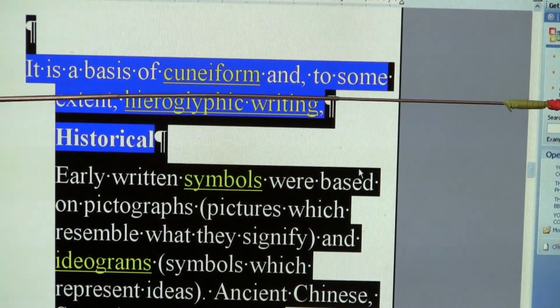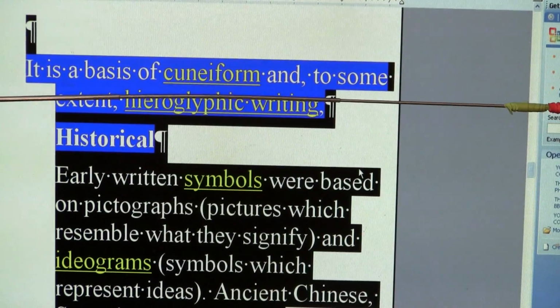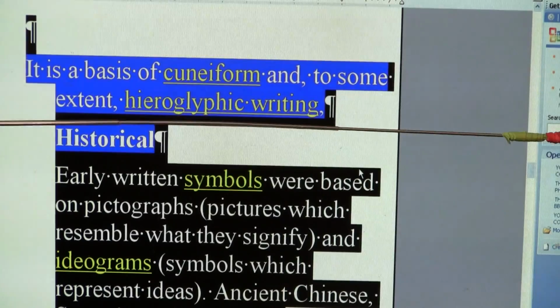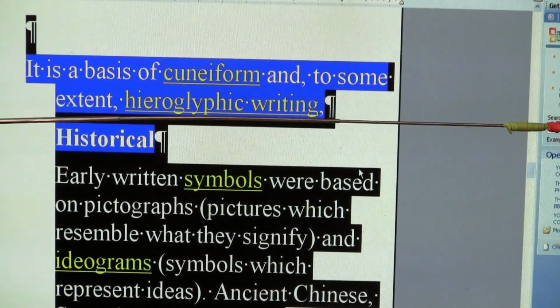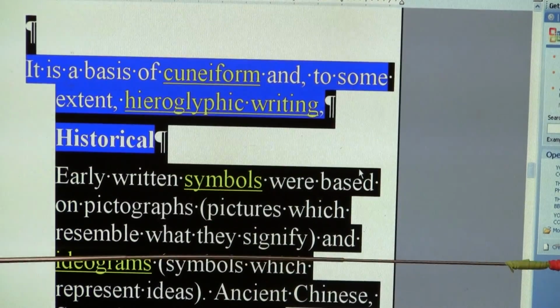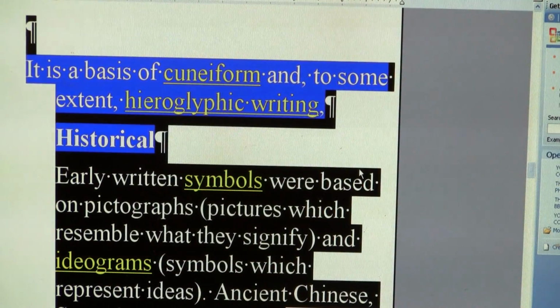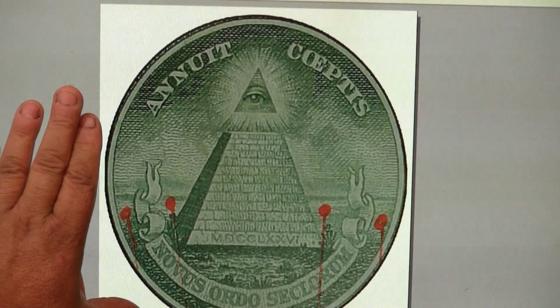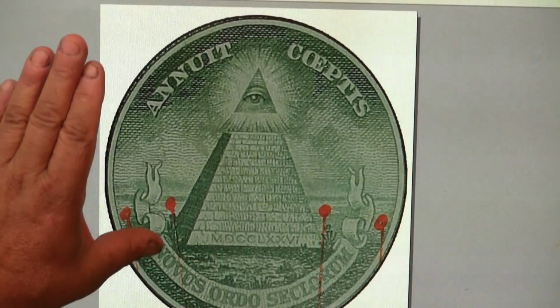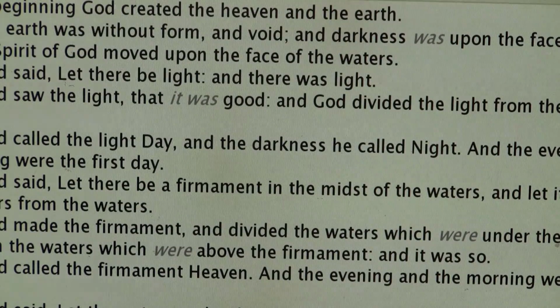These things also are represented as cuneiform to some degree or extent, and also hieroglyphic writing. The history of symbols and pictography and hieroglyphs is something that you need to look up in the Encyclopedia Britannica. But suffice it to say that this is a form of pictography. And what you see is the book of Genesis associated on the reverse of the $1 bill in the form of pictography. This is going to be proven momentarily by placing each verse up on the screen,